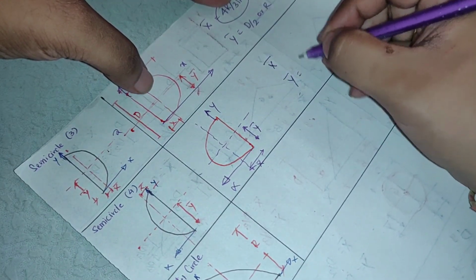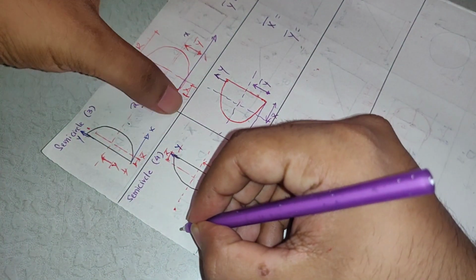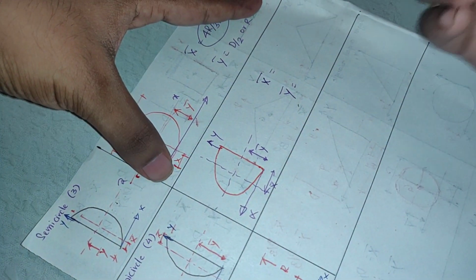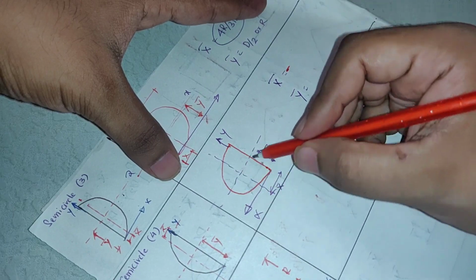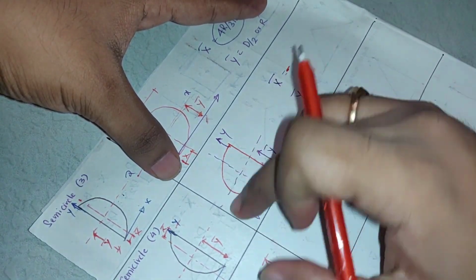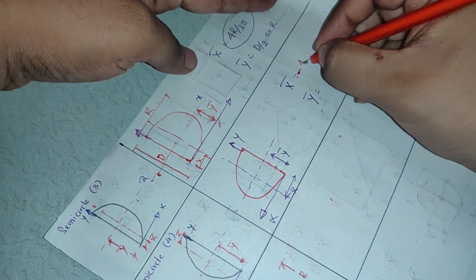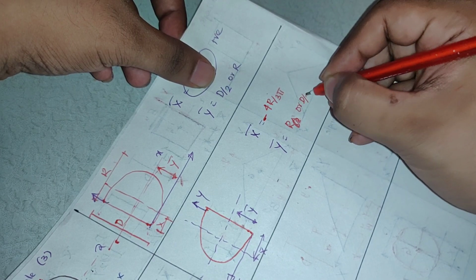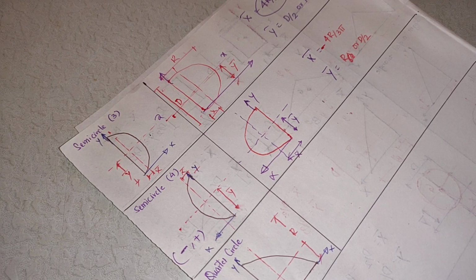Now directly tell me what is x bar and y bar. So x bar here, it has fallen in the second quadrant. What is the sign in the second quadrant? It is minus and plus. So x bar will obviously be negative. But what is the magnitude of x bar here? The distance. It is unsymmetrical about the y axis again, so the area is not equally divided on the left hand side and right hand side. Only thing is, instead of the first quadrant, it has been placed in the second quadrant. So this will be minus 4r by 3 pi. And this is r, or d by 2. This is plus because y is positive. Hope you are clear with this now.